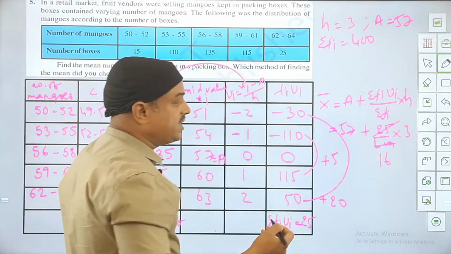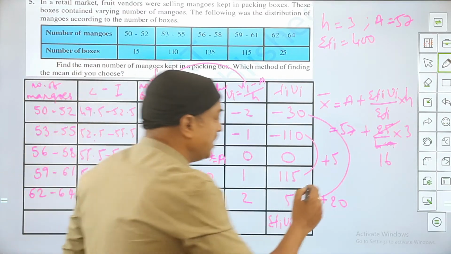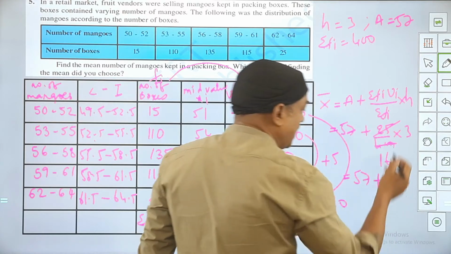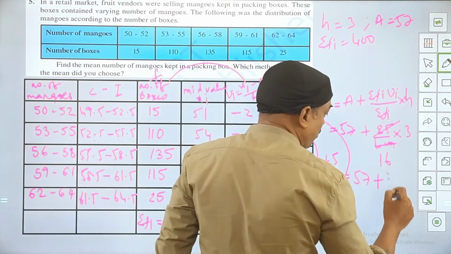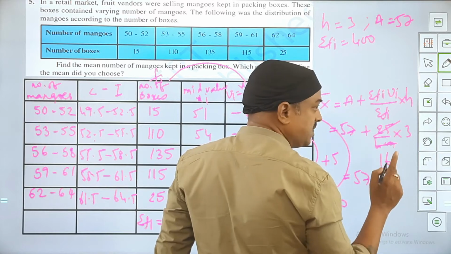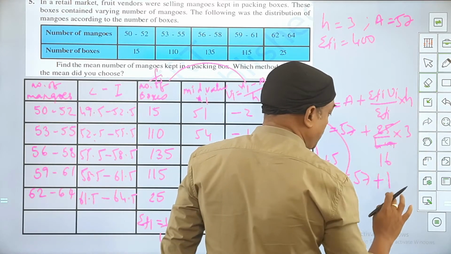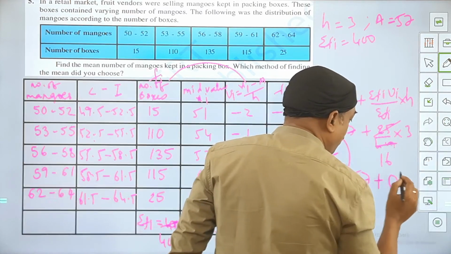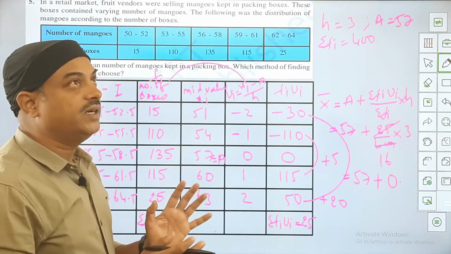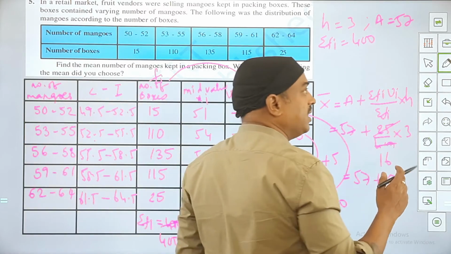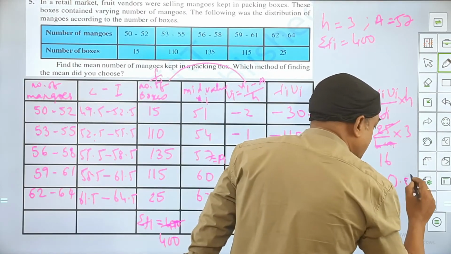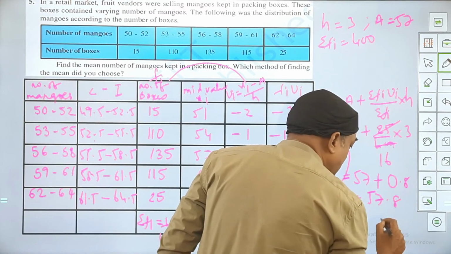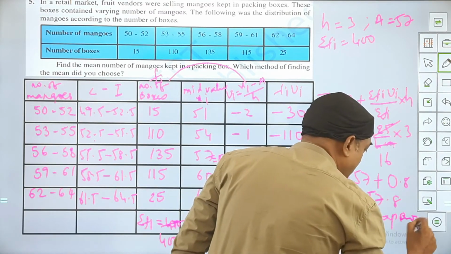Now 3 upon 16, roughly it will be something like 57 plus, if I divide 3 upon 16, it will be 0 point, right? So it is going to be 0 point, and now it will be how much? 30, 16 divided into 140 will be there. So it will be approximately 8 times. So adding all these, it will be 57.8 approximately is what I need to write.